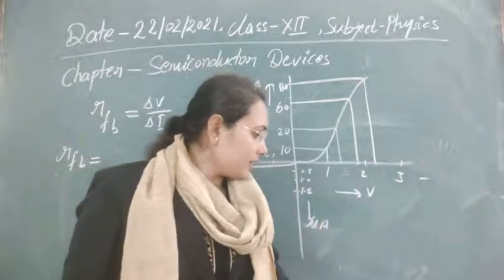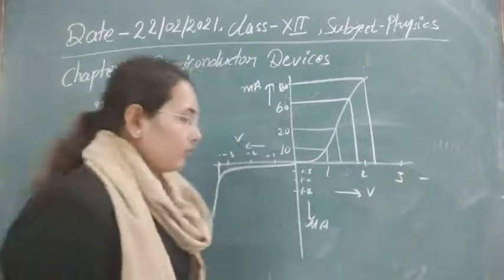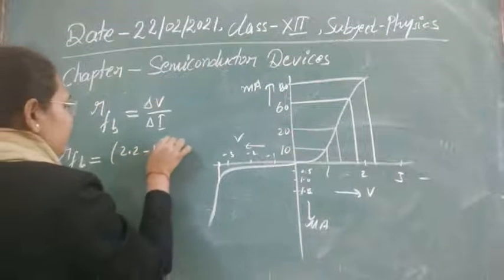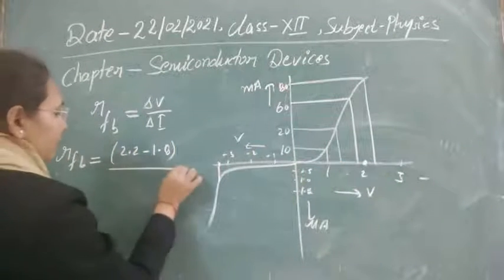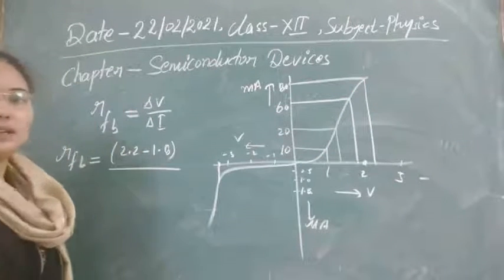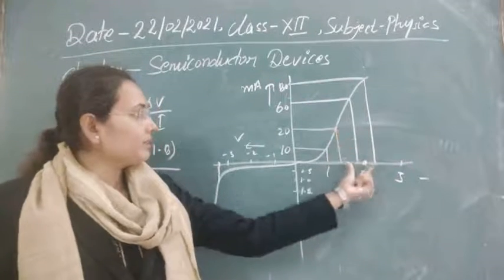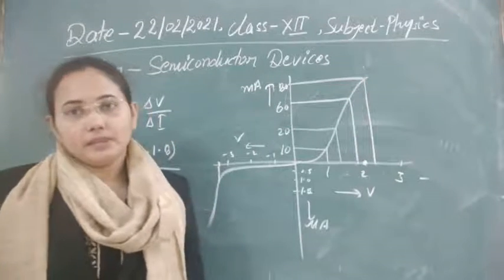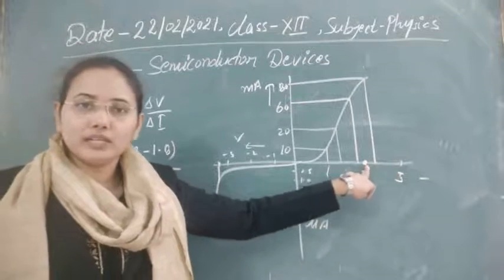In this way, its values are 2.2 volt and 1.8 volt. So we can take this difference, 2.2 minus 1.8, to get the resistance at that point. As in this range the graph is linear, obviously the resistance will be the same. So by simply calculating its slope, we can calculate the value of resistance even at V is equal to 2 volt easily.